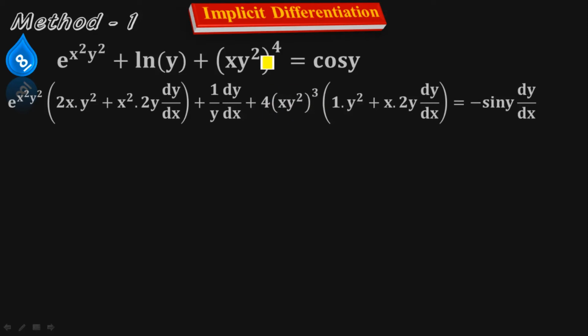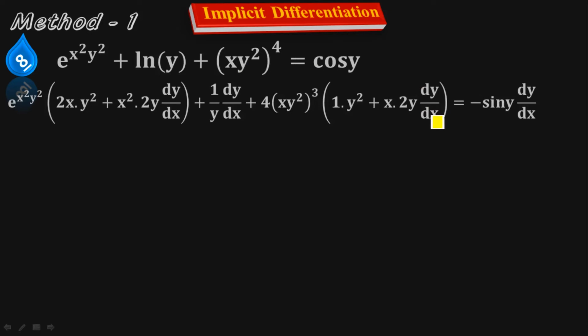Just apply the power rule here and then times the derivative of the inner function. The inner function is x times y squared. Apply the product rule here because there is a product of two functions, x and y squared. Take the derivative of the first function, which is x. So the derivative of x is 1, times the second function as it is, y squared, plus the first function as it is, times the derivative of the second function, which is y squared. So the derivative of y squared is 2y, then the derivative of the inner function, which is y,